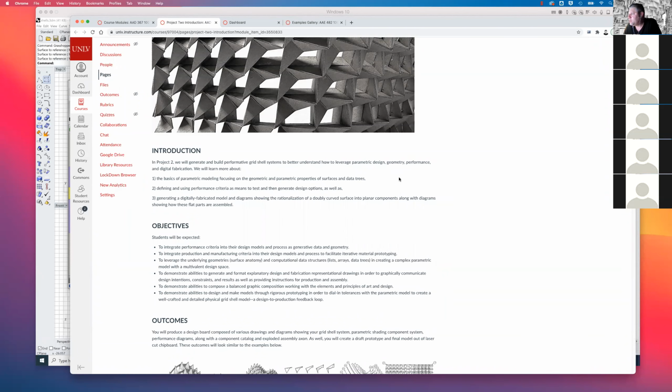So in other words, what we'll be dealing with is performance as it relates to how something performs in regards to how it shades, right? How it blocks or allows sun through the grid shell system. That was a pretty inarticulate way of putting it, but nevertheless, when I'm talking about performance or performative architecture, that's what I mean. In other words, there's some sort of goals for how this thing should work, and there's ways to measure how well it works, and then we can start to use those performance standards as generative tools for our designing,